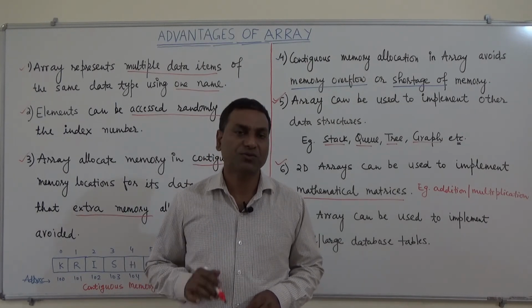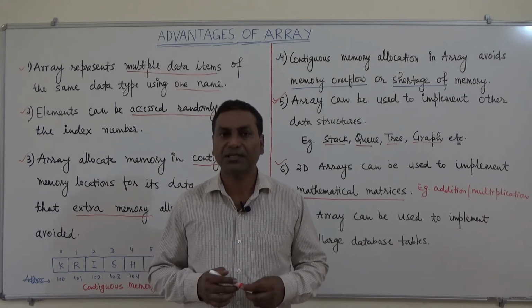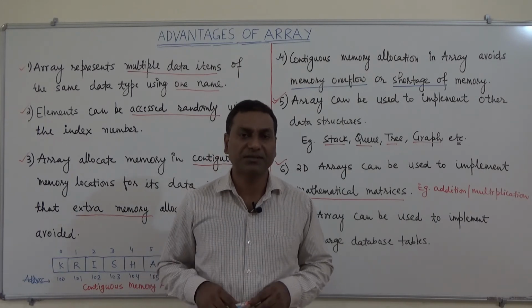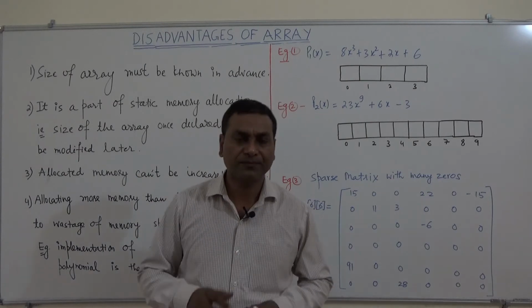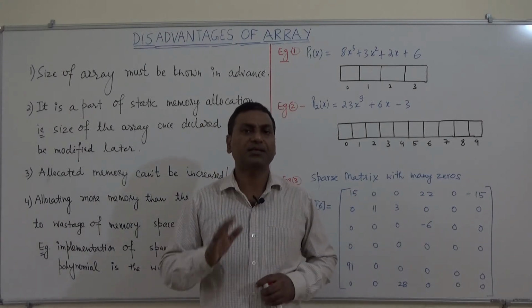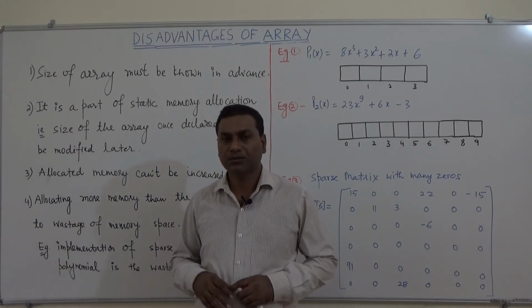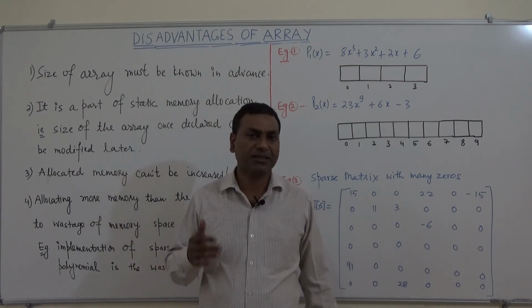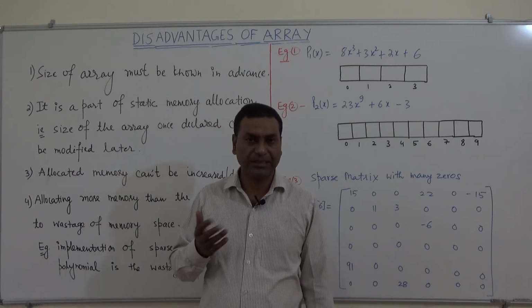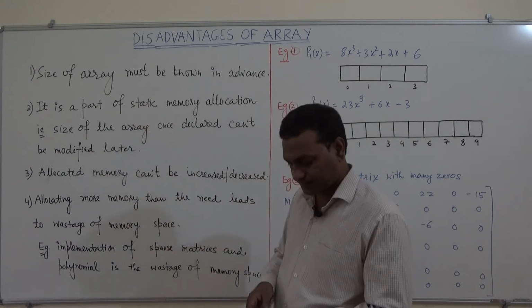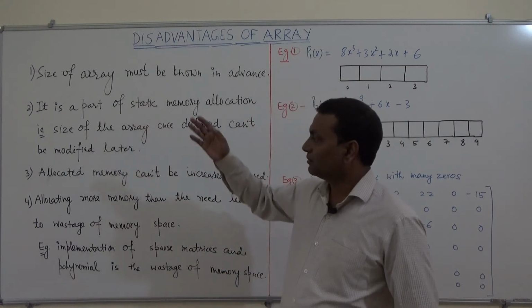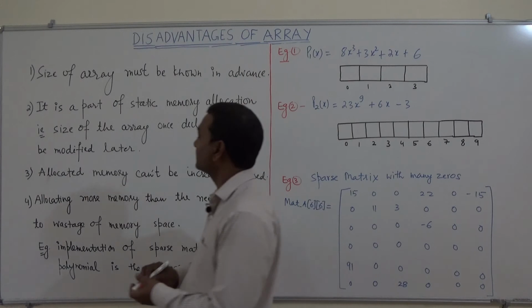Definitely there are some issues in this array. So let us see what those issues or disadvantages are. Now we will see some disadvantages of the array, one by one. Definitely there are some issues in array. So first disadvantage is